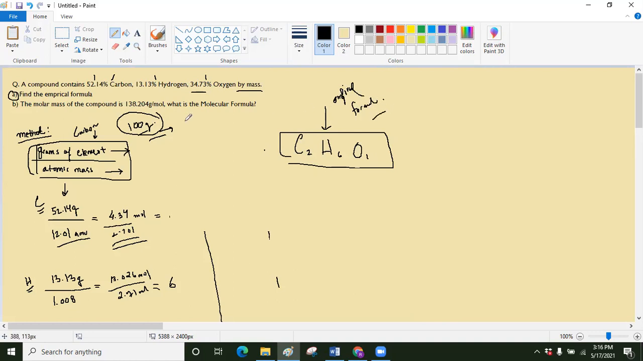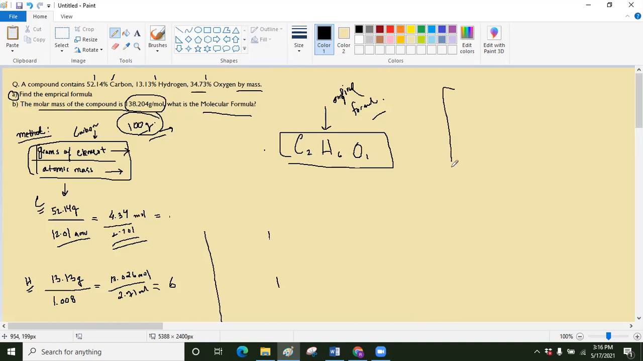For part B, it says the molar mass of the compound is this much. What is the molecular formula? This brings us to acknowledging the fact that the molecular formula is but a multiple of the empirical formula. In other words,